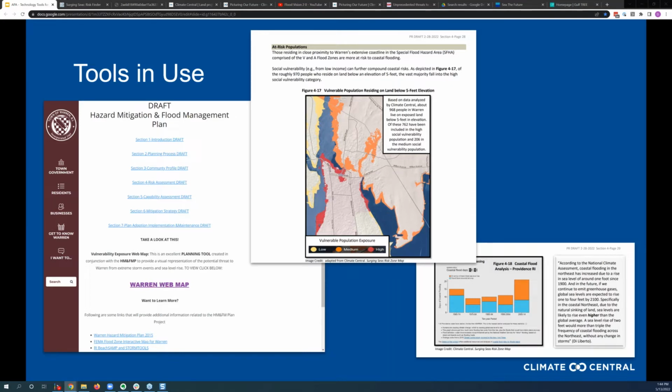Their civil engineer and resilience planning consultant used our Risk Finder tool and mapping content to show at-risk populations at certain water levels, as well as additional coastal flood risk and sea level rise risk information and statistics localized for Warren. We reached out and talked with her, and she told us that one of the things she liked about our tools was that our content was backed up by science and peer-reviewed research.